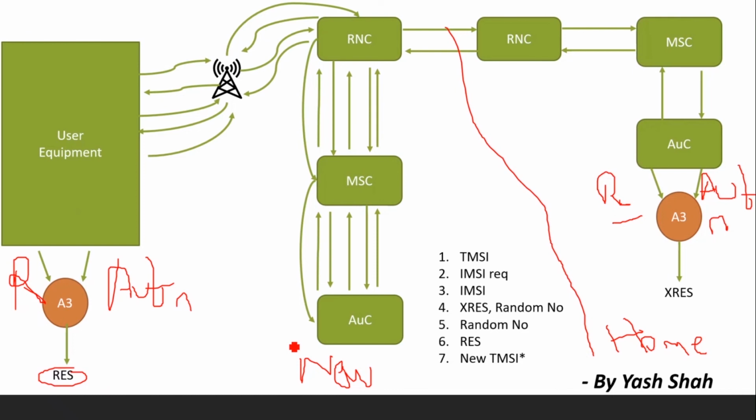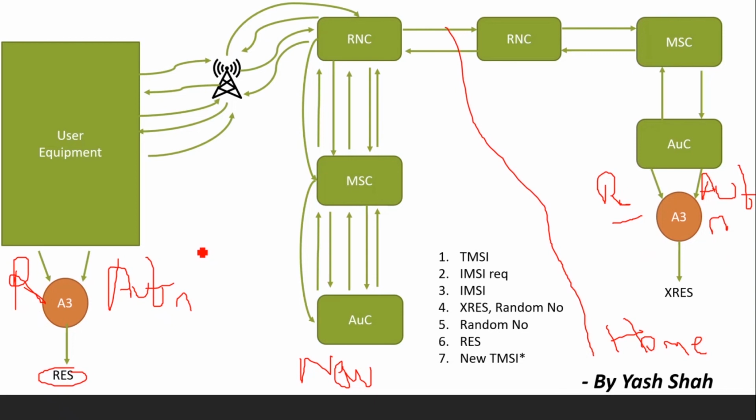So now let us understand how we achieved authentication in this phase. The random number is just a newly generated number. AUTN is a secret key. So if the user is really an authenticated user, it will have the same AUTN which was used by the AUC in its home network. And in turn, if RES and XRES match, that means the AUTN numbers were the same. That means we have an authenticated user.